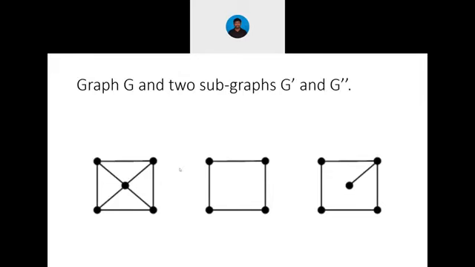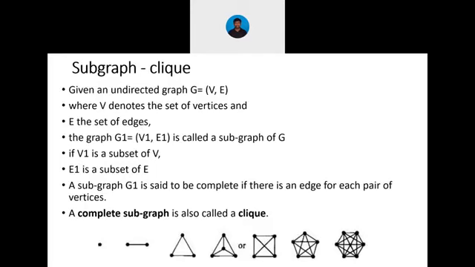So the first one is a graph, and the other two are called subgraphs. We have derived them from the main graph, hence they are called subgraphs. So the first concept here is the cohesive subgraph. Subgraph means I derive it from the original graph. Cohesive means I analyze how cohesive it is with all the other actors present in that particular network. That is actually what they call cohesion of subgraphs.